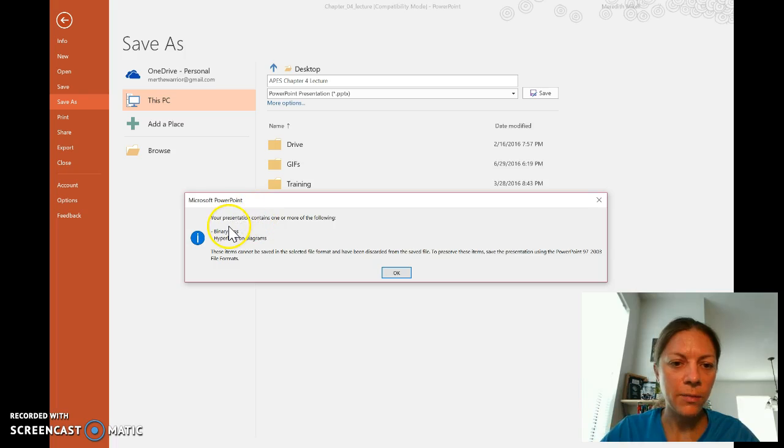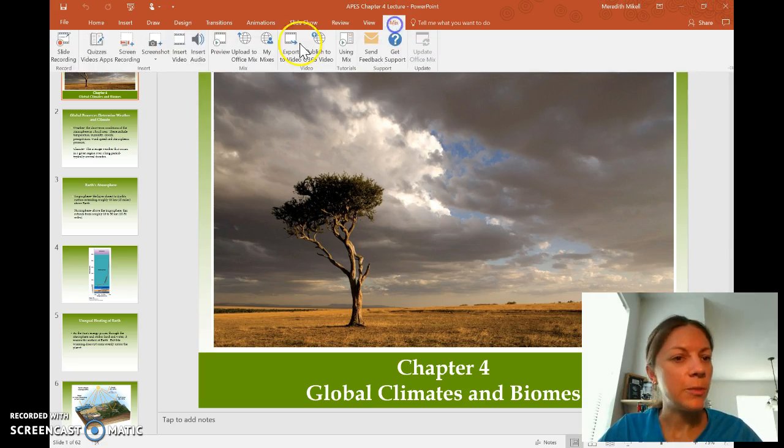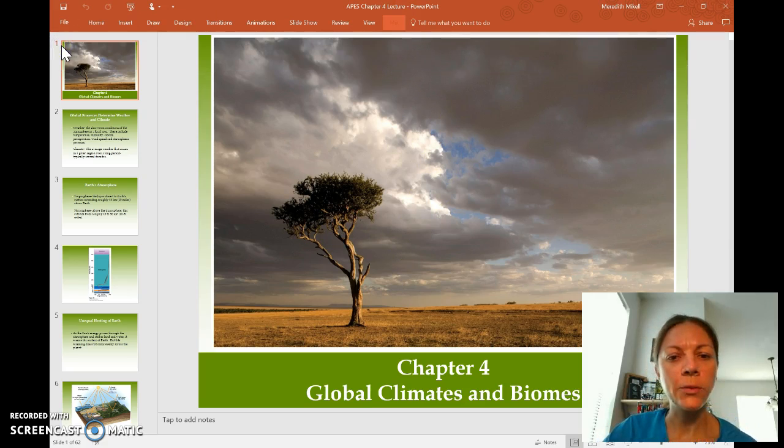It may tell you that the presentation might contain some symbols or some hyperlinks on diagrams, so some items that they can't use in the PPTX format. So far I haven't found any problems with this, but if you see that, then just hit OK. All right, so now we should be able to mix this. So we go to Slide Recording,